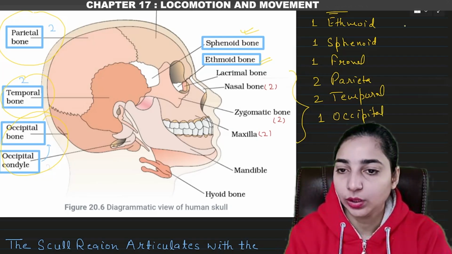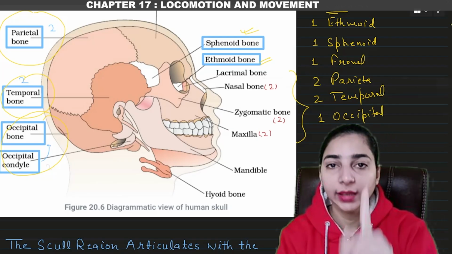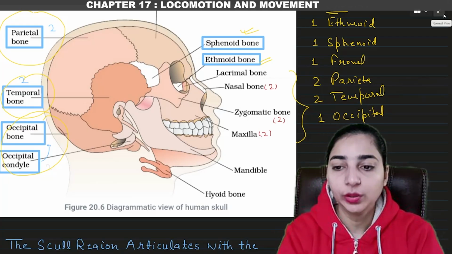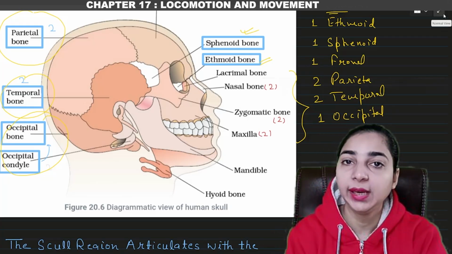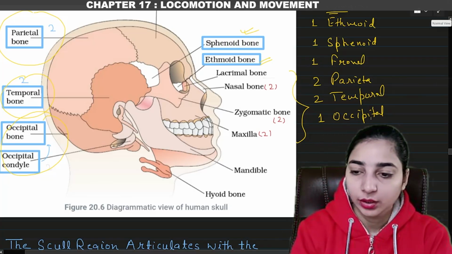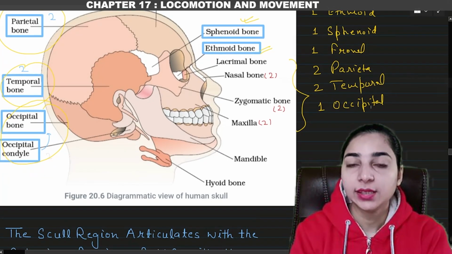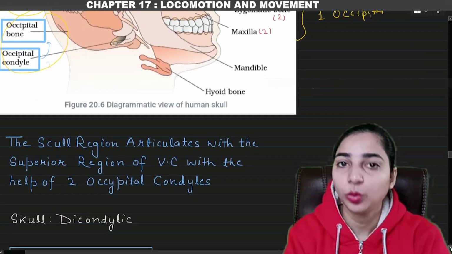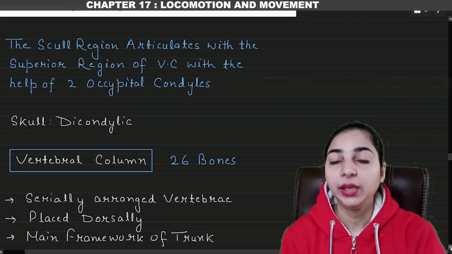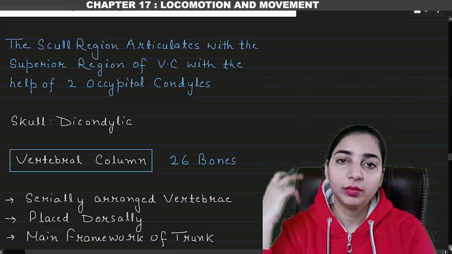So can you see how many bones there are in total? One ethmoid, one sphenoid, one frontal, then 2 parietal, 2 temporal, and 1 occipital. So a total of 8 bones. These are the 8 cranial bones. Now the condyles, how many condyles are there? 2 occipital condyles will be present. And these occipital condyles help in attaching the skull with the vertebral column